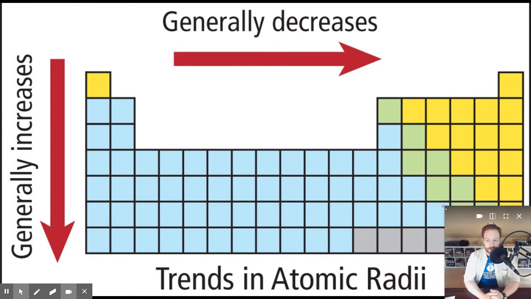First of all, with regards to atomic radius, you should have found that atomic radius decreases from left to right. So as you go from left to right across a row in the periodic table, those values decrease, which means that in terms of size, atoms are getting smaller as you go from left to right. Now, you may have also noticed that they do increase as you go down the periodic table, and there is a reason for that, but we haven't covered the fundamentals enough to really understand why that is. So, we're going to just focus on the left to right trend here, which is a decreasing trend,